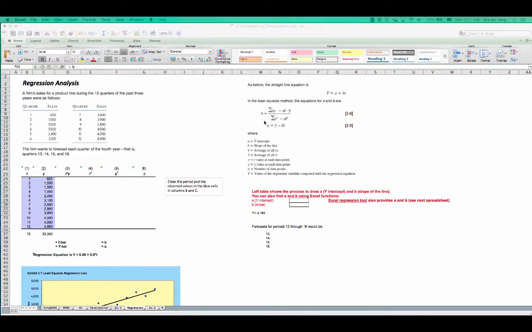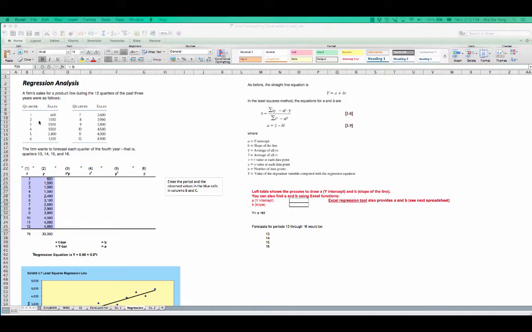Instead of going through this complex process of using this formula, I would like to introduce a simple way of calculating linear regression. If you use the Excel functions for the y-intercept and the slope of the line, then you can find them very easily and form the linear regression equation. Let's begin with this simple example.